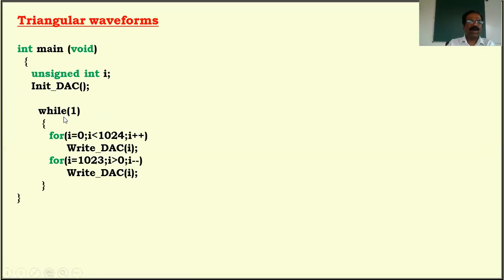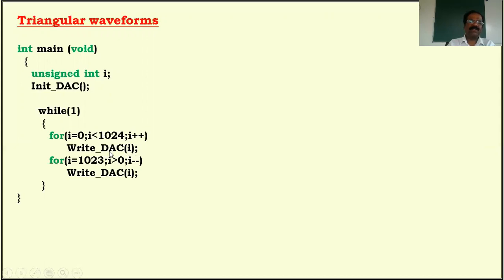Now once again, while(1) means we know it's an infinite loop, beginning of the while, end of the while. Then for i equal to 0, i less than 1024, the condition comes here, write DAC. First I'm writing a 0 into the DAC register starting from bit number 6. Then it will get 0 volt. Then next i plus 1, less than 1024, then write DAC. I'm writing 1. It's going to generate the equivalent analog output. We'll get another set of data like that, and keep sending 1023 data, digital values. Then it's going to convert that into equivalent analog output.